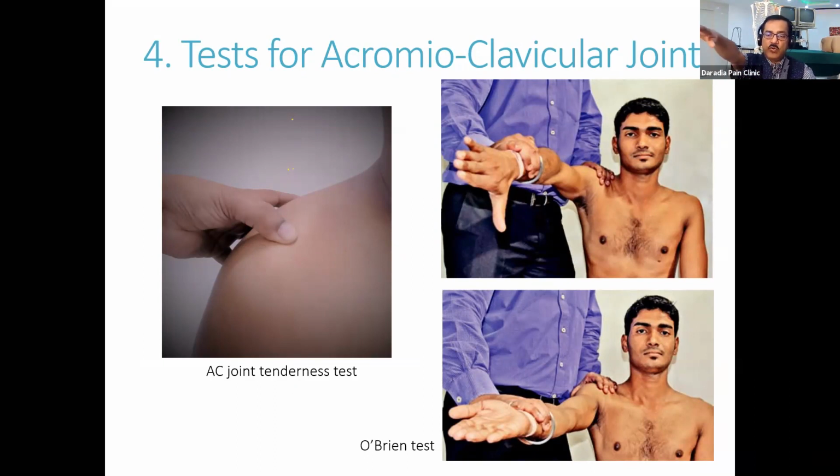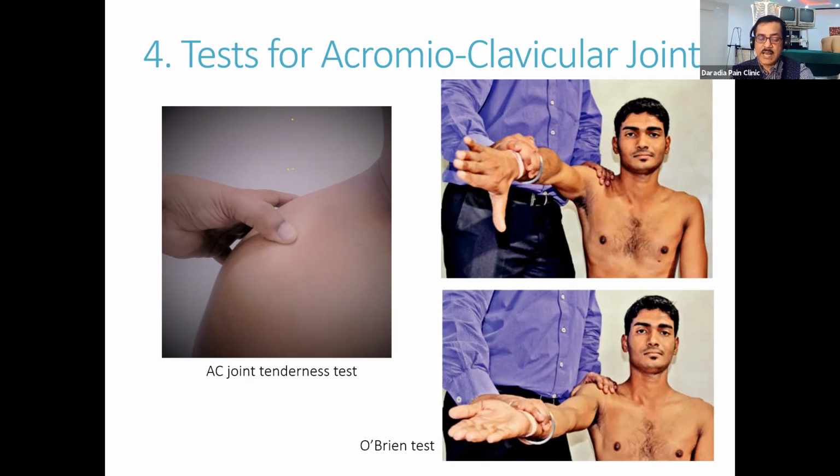So how is it done? You flex the arm anteriorly, in both the pronated and supinated positions. You resist it, pressing it down, and ask the patient to hold it in that 90-degree flexion position. What will happen? There will be pain over the acromioclavicular joint. But this also causes pain in a labral tear, in glenohumeral pathology. There the pain will be posterior, not superior on the top. The pain on this joint in these positions is your O'Brien test.